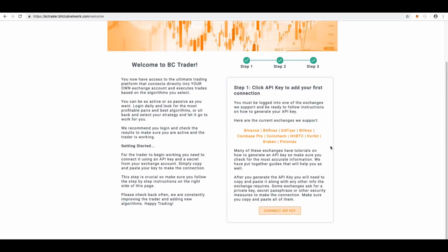But that's a good way users can have peace of mind and know that their funds are totally protected and secure. They can't be withdrawn. So the product would only use the view and the trade permissions. Perfect. Okay, so